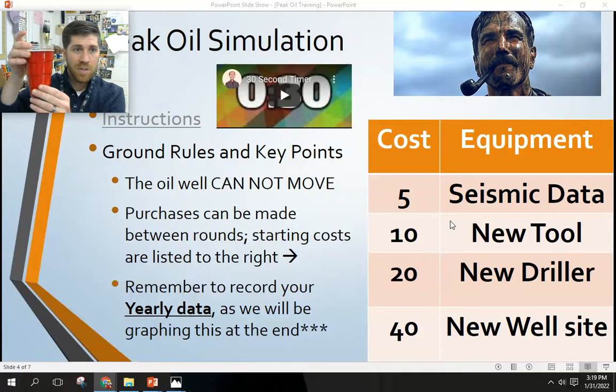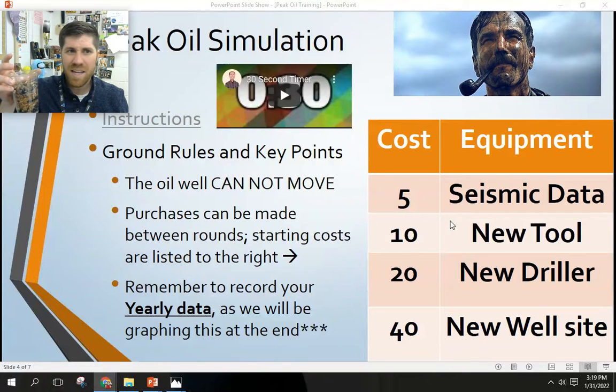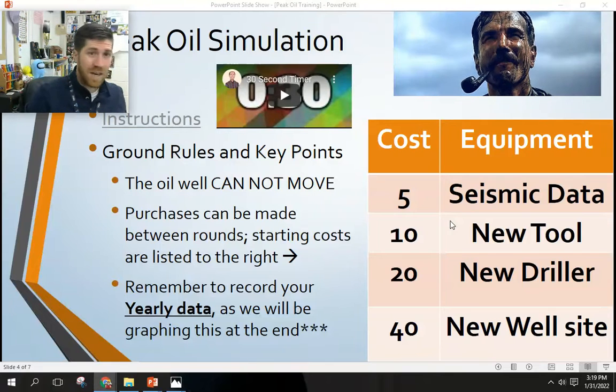And the seismic data, that just means they get to take the cup off and they can actually see underground, quote unquote, to figure out where the oil is at. So I try to incentivize that early on to get them to go ahead and do that for each of their well sites. As far as setup wise, I give each team 3 well sites,